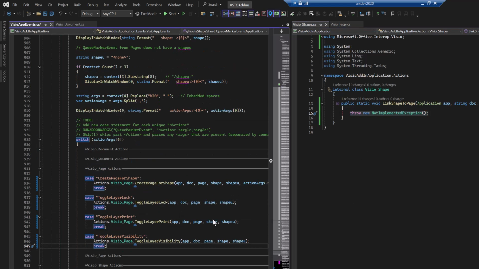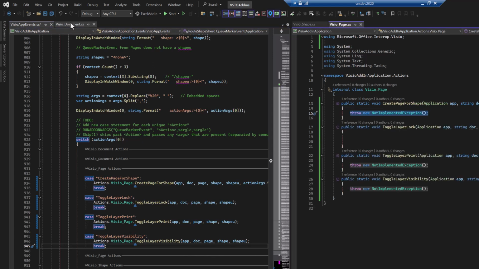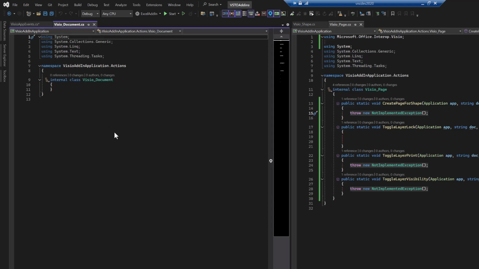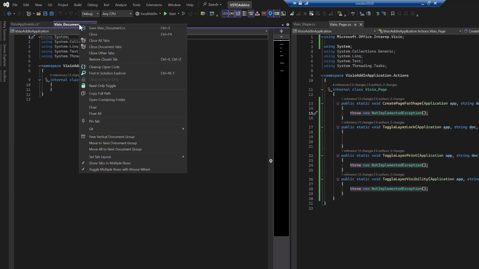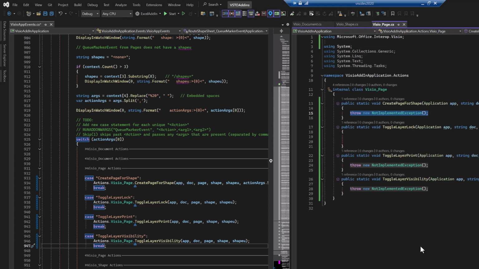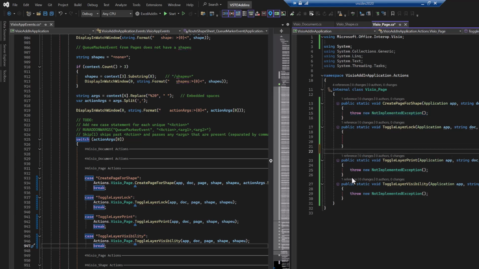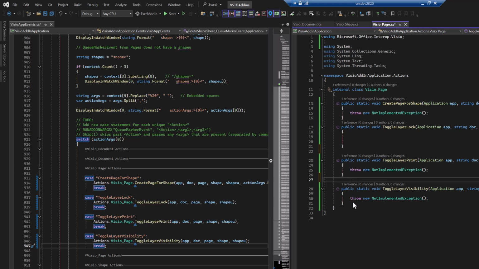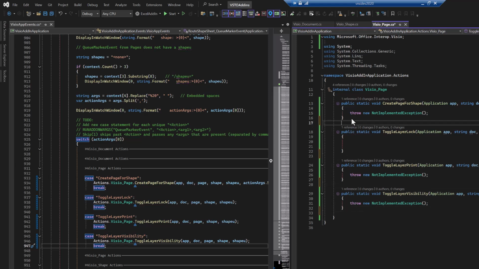All right, so now we've got Visio page. We haven't added anything to Visio document, but it's the same idea. Anything that's related to the document, we'd put it in the Visio document class. So we'll just move this over. Okay, so in Visio page, we've got 4 methods. And what we're going to do